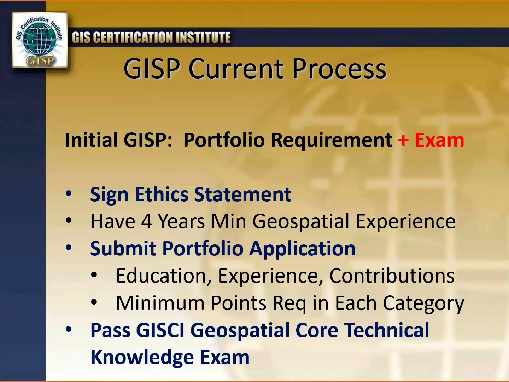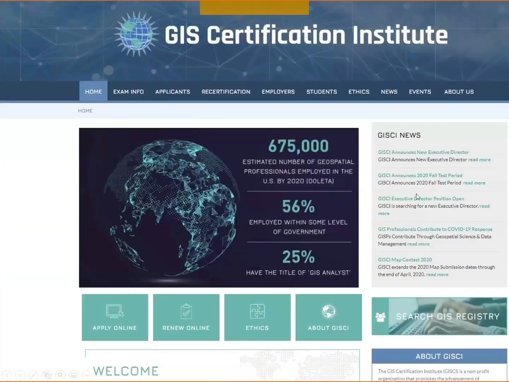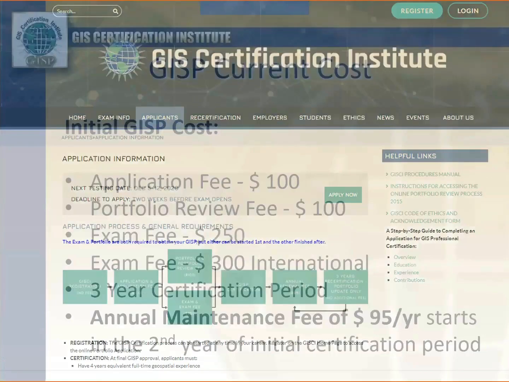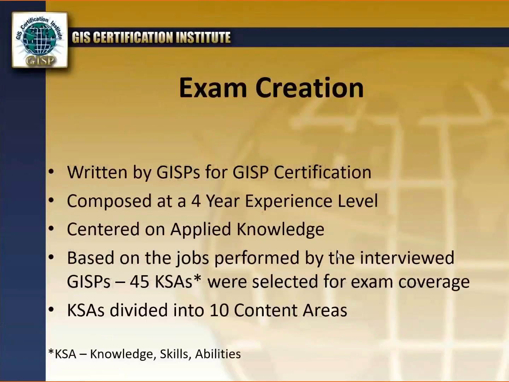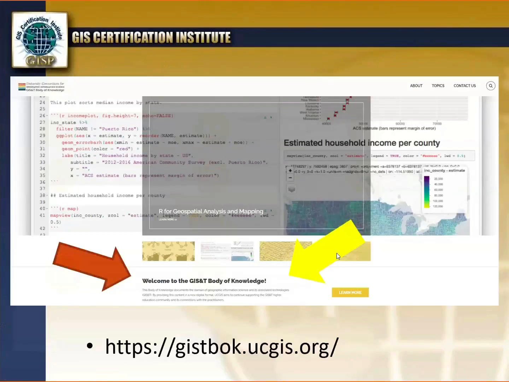I think we have time for one more question. I have one here about whether programming language is part of the test. If so, which languages? What percentage of the test focuses on it? It's not really programming languages. If you look at the KSAs, and let's get down here,